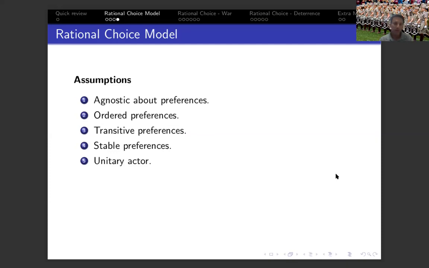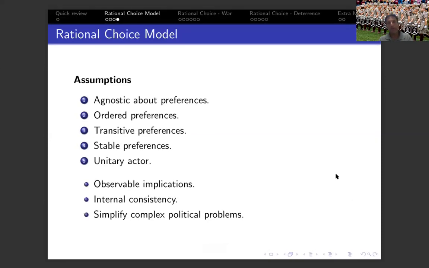What are some of the implications of relying on these assumptions? By relying on those relatively straightforward assumptions, we can derive very clear and observable implications which can be tested. For example, there's a series of studies that show, and we'll talk about them in the future, that suicide terrorism can be explained as a rational choice. And we'll get to that. I'm not going to go into that today. We're going to get to that when we get to terrorism.